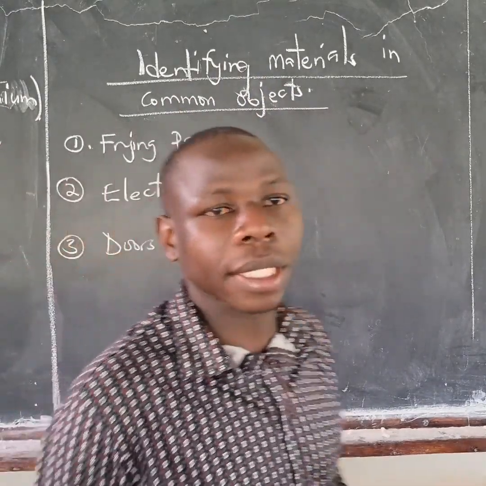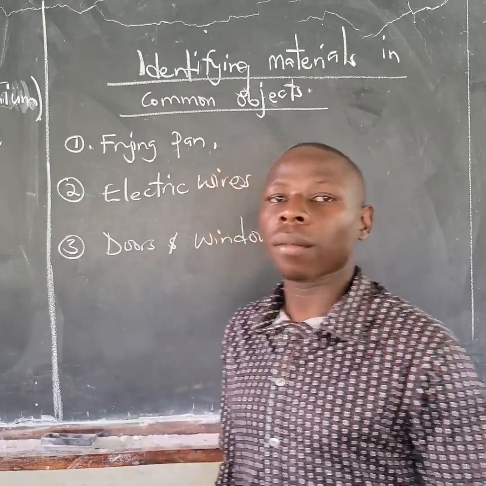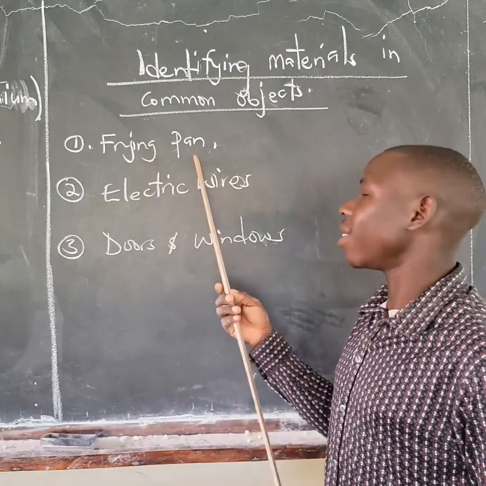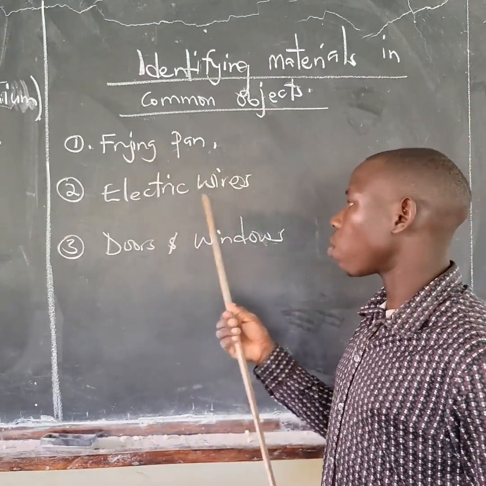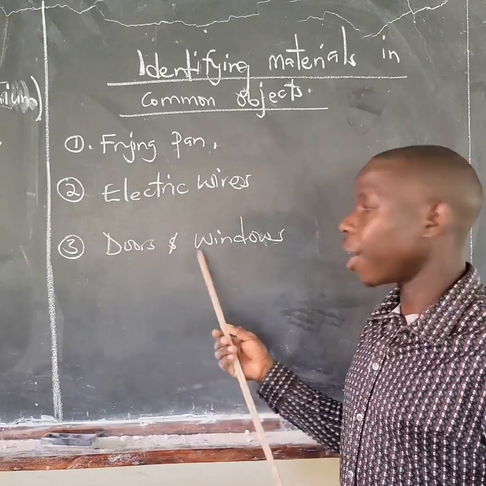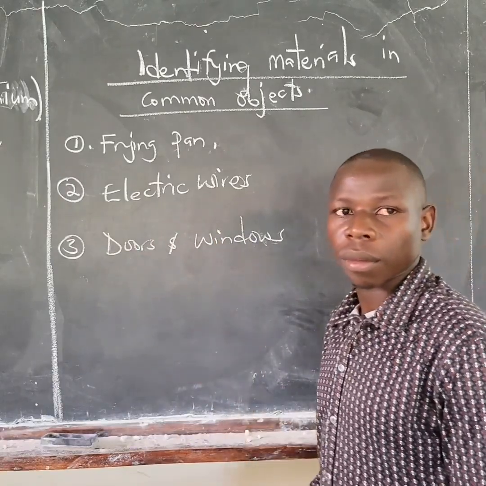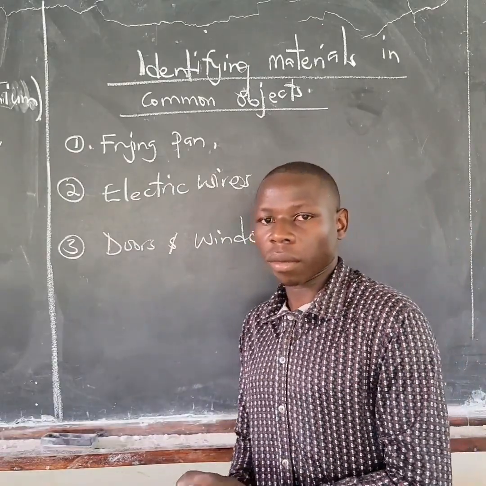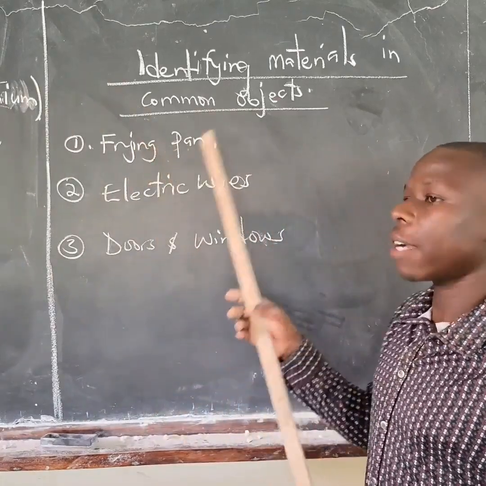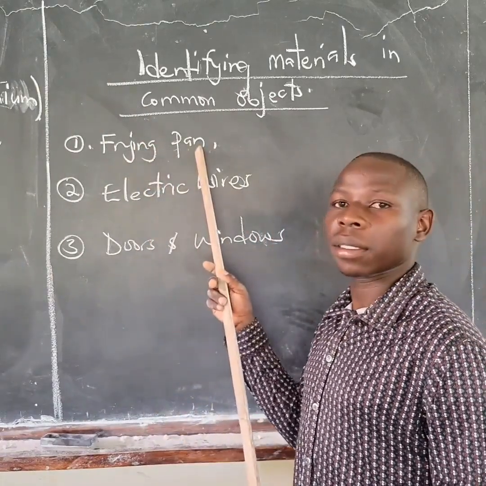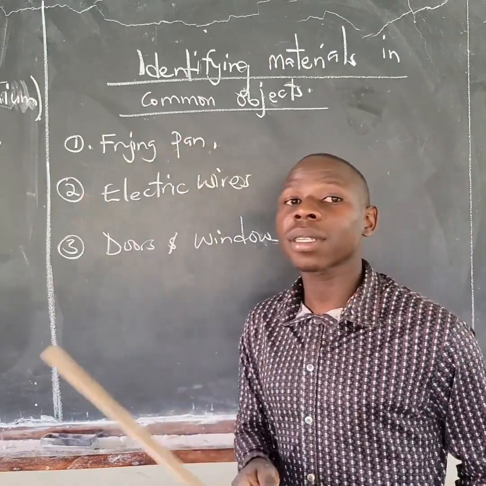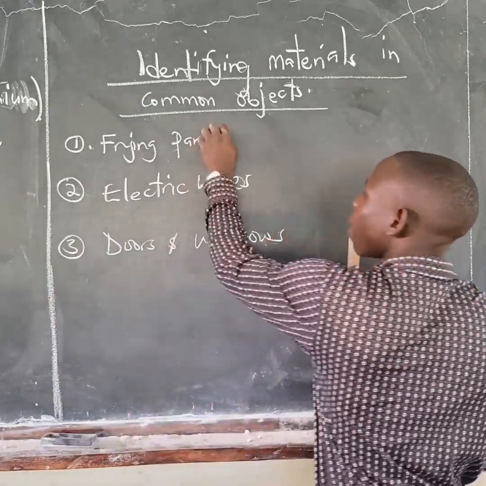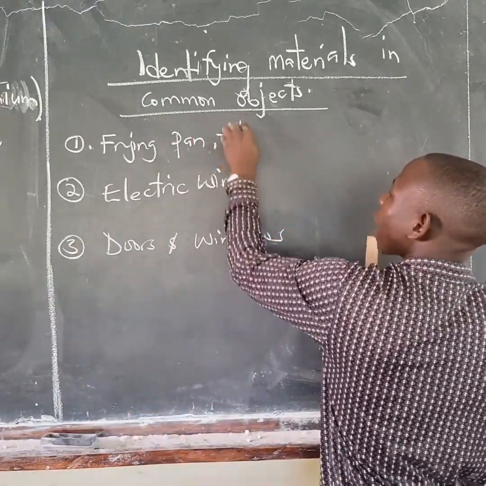And this is our last part of this session. We have these: frying pan is common, electric wires, then the doors and the windows. Today, in this session, you are like engineers. If we want to manufacture or make a frying pan, which materials are we supposed to use? Because when we look at a frying pan, we need something which heats up